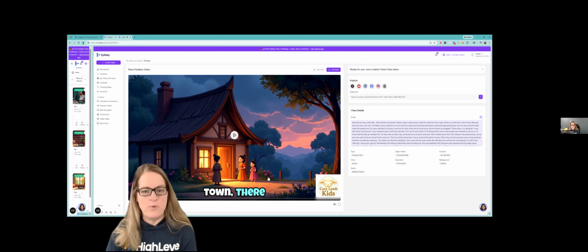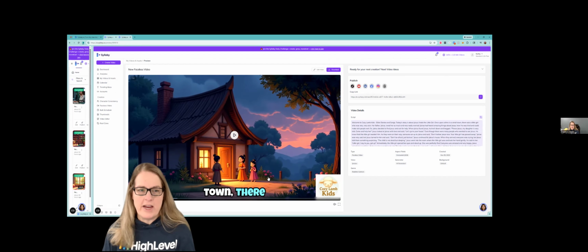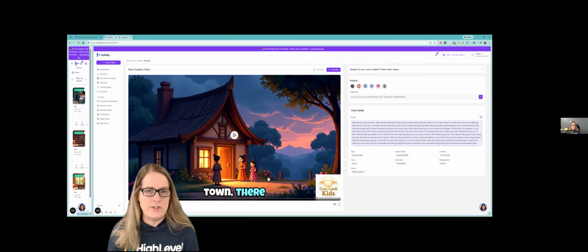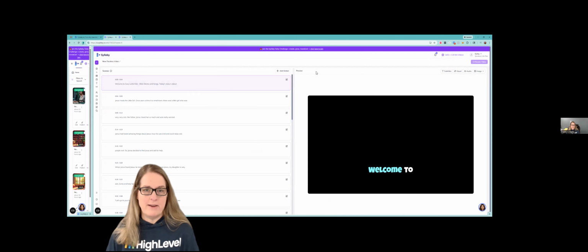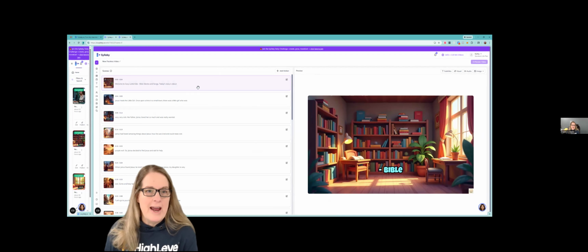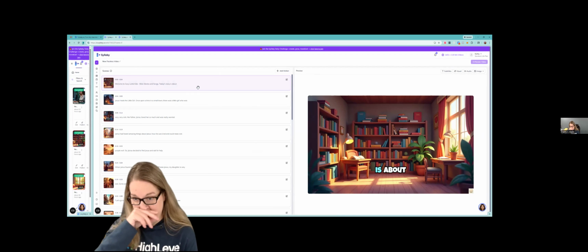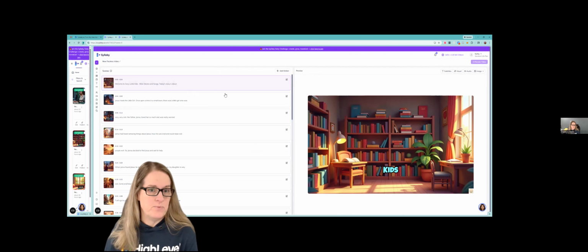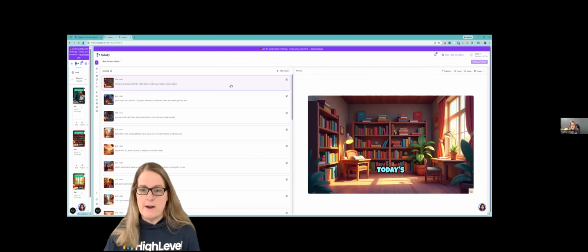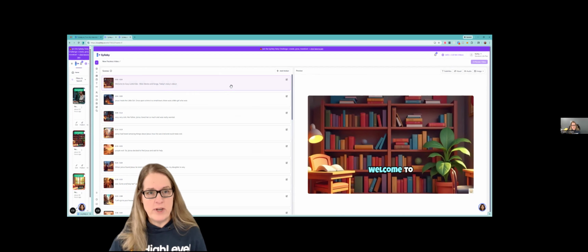I'll stop that. So I look at everything that comes in here and see if it flows the right way. I get a sense of all of the images that are being used. And then I'll come in here and I'll hit edit video. And this is where all the magic happens, because this is where we will change the imagery if we need to.